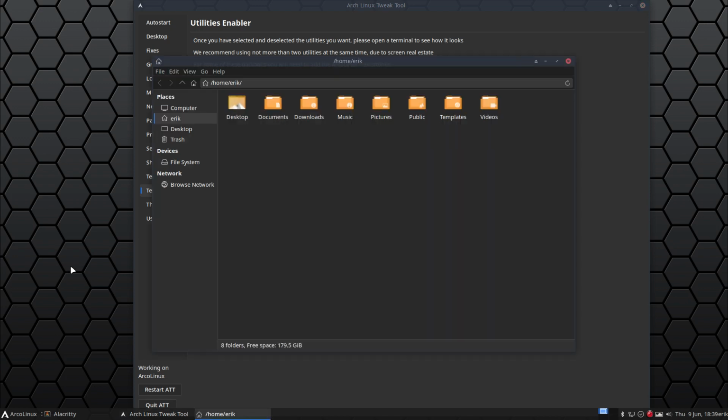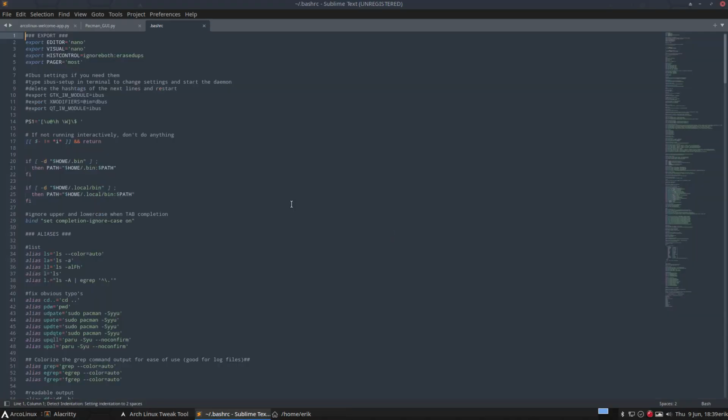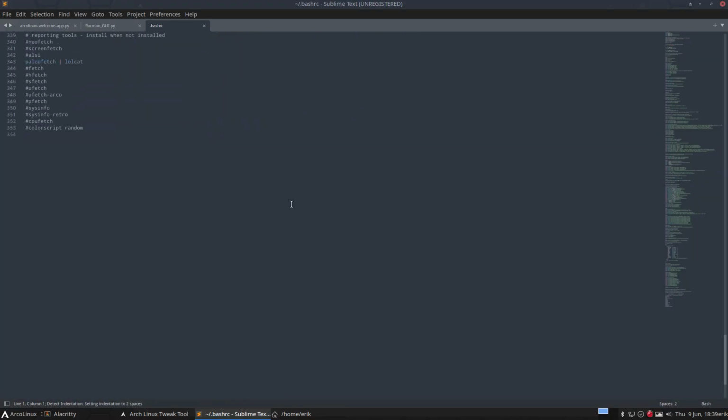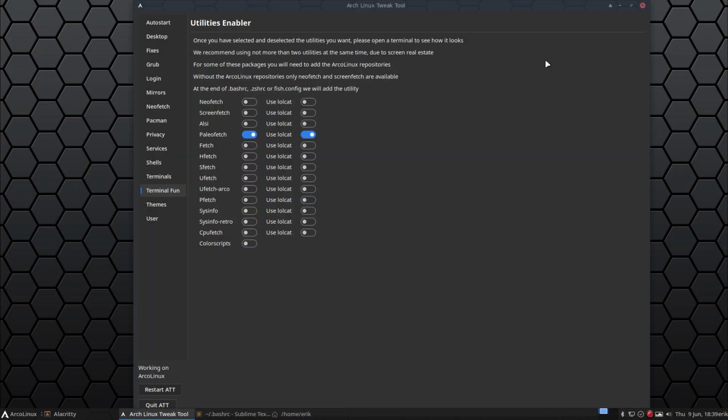So let's have a look. Control H. Bashrc. There he is. Right. So whatever file you have there, we add the word behind here. If you have the ArcoLinux Tweak Tool bashrc, then we have all these choices, and we can say hashtag on, and ALCI is active, or we pipe it through to lolcat. So that's necessary for us to have, and well,